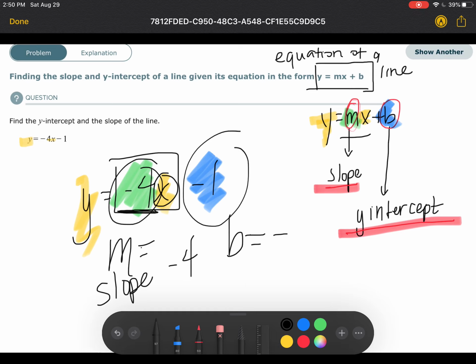So if you have it in this order where it's y equals mx plus b, which I think for these questions it will, but not always in the way that you see them, whatever is connected to the x is your slope, and whatever is off to the side by itself is your y-intercept. So that is all you need to know for this question. For those that didn't really want the explanation as to what the slope and the y-intercept was, I'm sorry, but you got it anyway. All right,